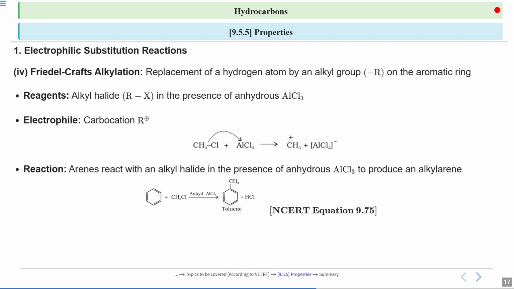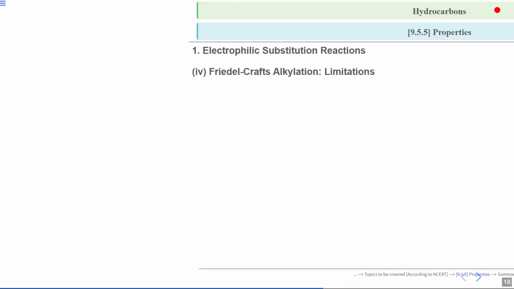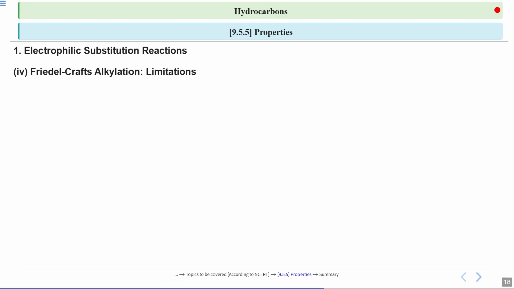Suppose there is a possibility that a primary carbocation is formed and it can be converted to a secondary carbocation by rearrangement, then it will happen. Now this is a backlash for this Friedel-Crafts alkylation as well. Let's see how. If you are taking ethyl benzene in case of methyl benzene, it can also be produced by taking your ethyl halide. Now we will talk about the limitations. As I said,